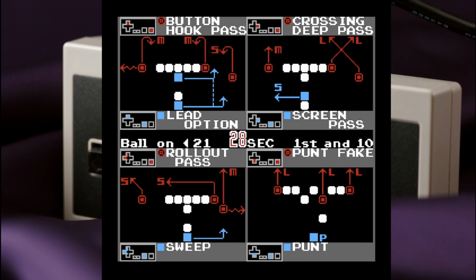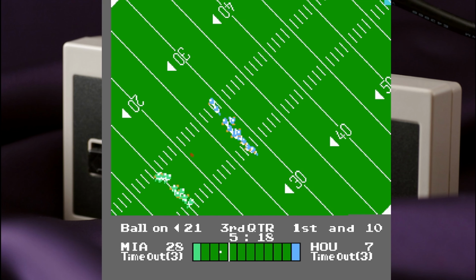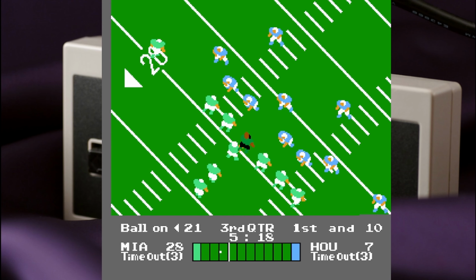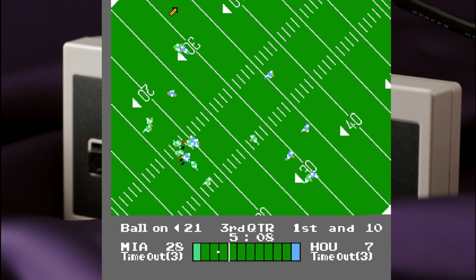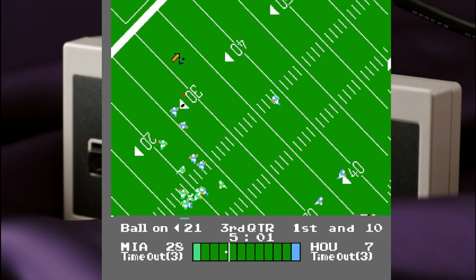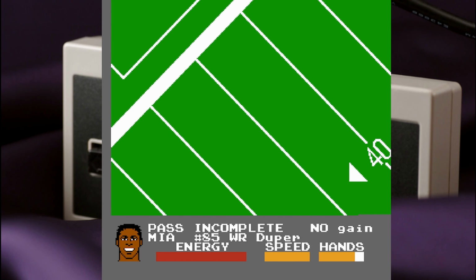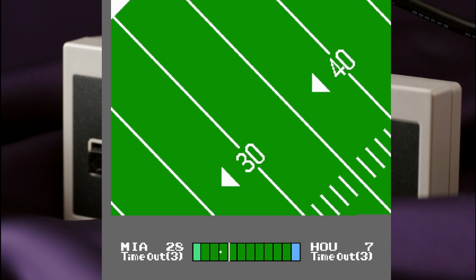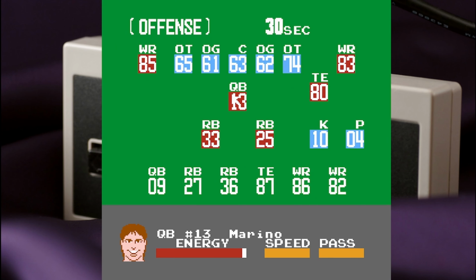So, whereas in this game, I can find an open receiver, I can get the ball to them, and then they can pick up huge chunks of yardage. Like so. Provided I put them in a position to actually catch the ball, which I thought I was right there. Okay, Marino's back in, so...